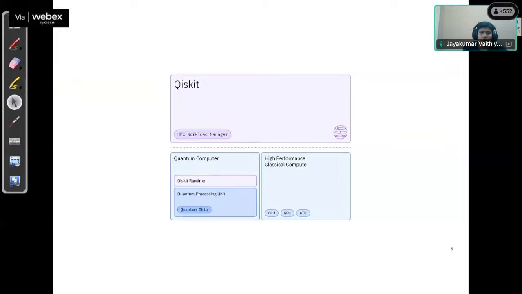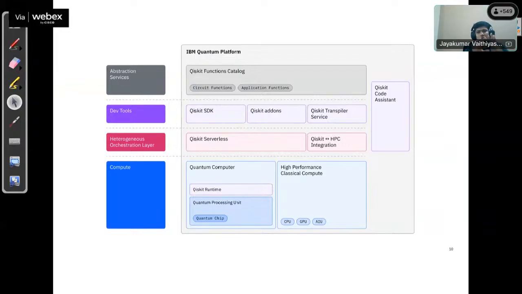divided. Whatever you are doing, everything is uploaded to the HPC server. So you have a quantum computer, you have a high performance classical computer. Right now they try to integrate the supercomputer with the quantum computer. Everything is managed by the Qiskit cloud service. So this is their layer. Whatever you do, everything is abstracted